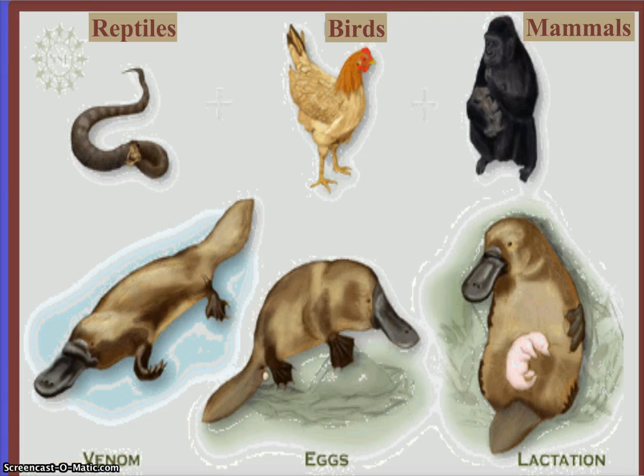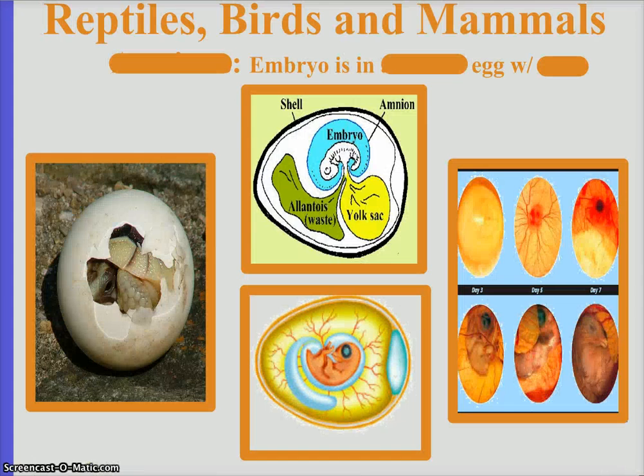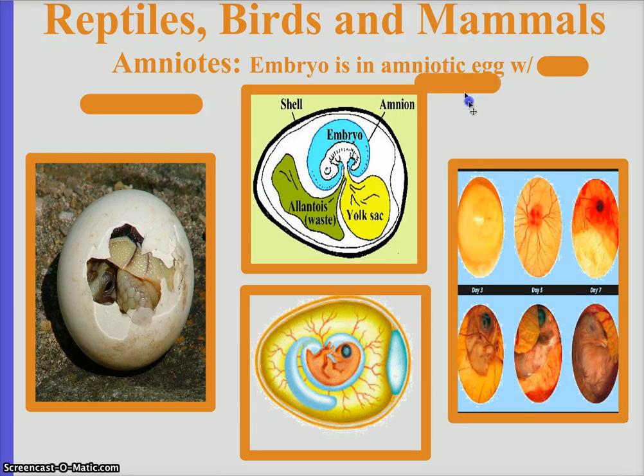All right. Something that reptiles, birds, and mammals have in common is that they are all amniotes. I'm going to elaborate on this a little bit later when I do reproduction, but the embryo is in an amniotic egg with a shell. And if you see this diagram, you see that you have the embryo, and it's surrounded by a yolk sac, like we said, and an amniotic